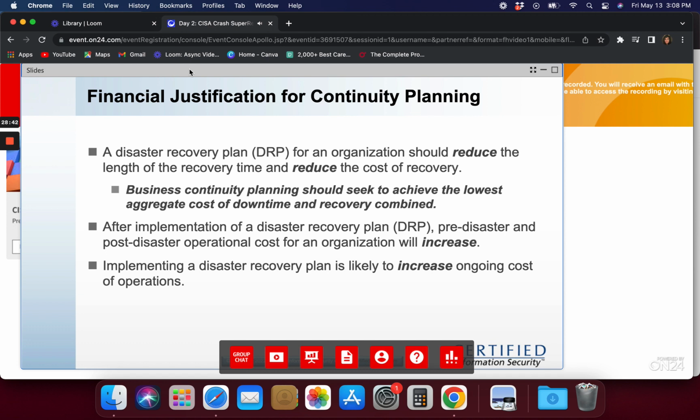Your organization just crashes. So that means your operating costs, because RTFQ, they're going to ask about your operating costs. Your operating costs pre and post disaster increase because you're doing more. Now, of course, the opportunity cost is not what they're asking about. Not preparing for disaster and not responding to one ultimately could kill the business, which is more expensive than anything. But they're not asking about that, are they? They're asking about operating costs. So be careful. Implementing disaster recovery plans tends to increase